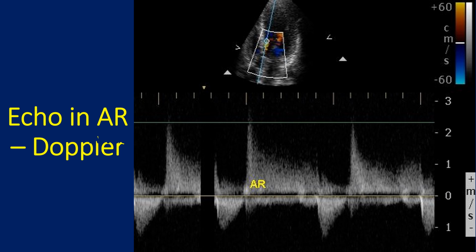The color bar on the top left indicates that the Nyquist limit of the color Doppler imaging has been set at 60 cm per second. The scale on the left lower side is the Doppler scale in meters per second, with positive values above the baseline and negative values below the baseline. In the apical 5-chamber view, the aortic forward flow is away from the transducer and is depicted negative, while the regurgitant flow is towards the transducer and depicted positive.